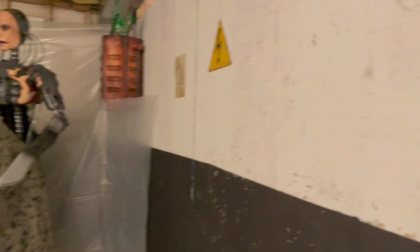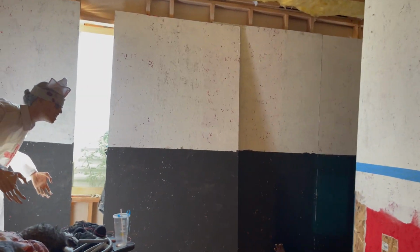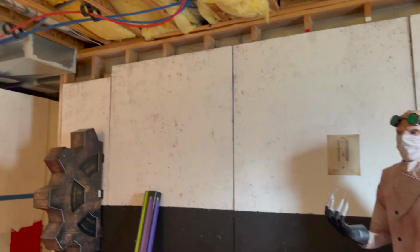First, I started with these outer walls. Last year I did wooden walls for my haunt Bizarro World, and this year I just brought those walls back, but recolored them so that they can fit this year's theme. I didn't really have to build anything with these. I did have to staple these to the wall, because